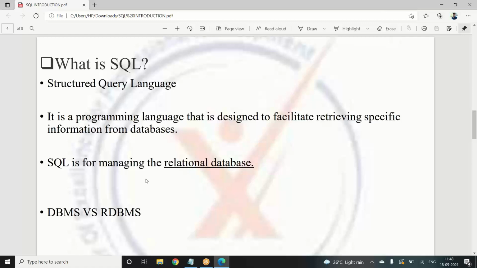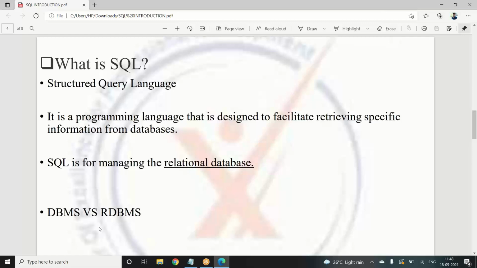And this SQL, which is structured query language, is used to manage relational database management systems. So what is this relational database? We have two types of databases that we mainly work on: a normal database management system, which we just talked about seconds ago, which is an organized collection of data and all that.